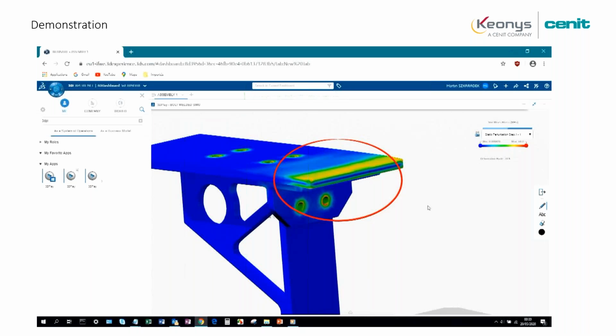You don't have to do a print screen of the simulation. You don't have to send the print screen with the Word, with the email, and exchange with a list of email of everybody. You have a community where everybody can communicate directly on the platform with the link with the 3D parts and the simulation. So it's very interesting.